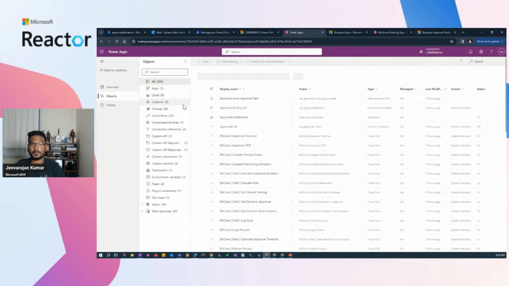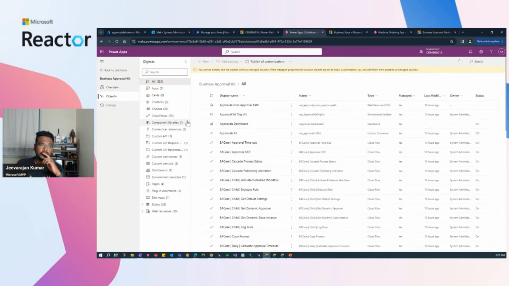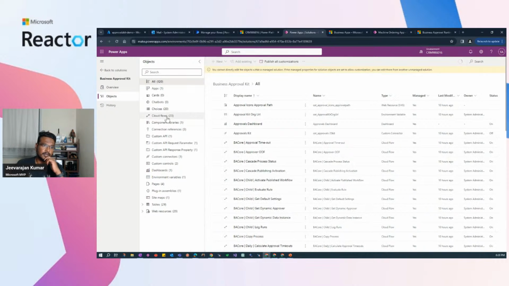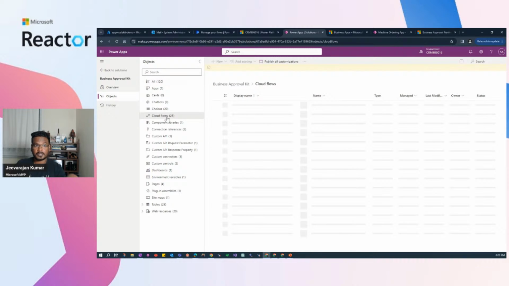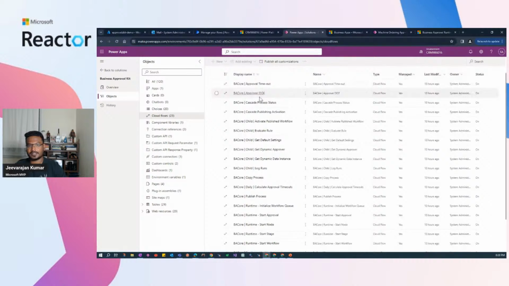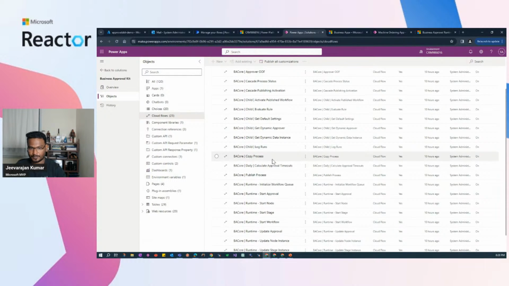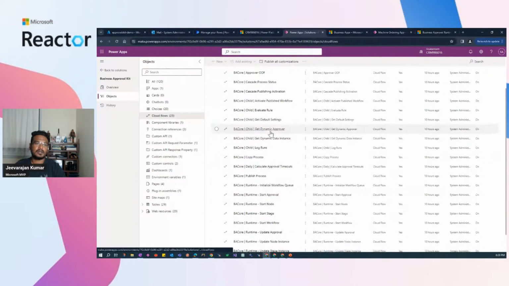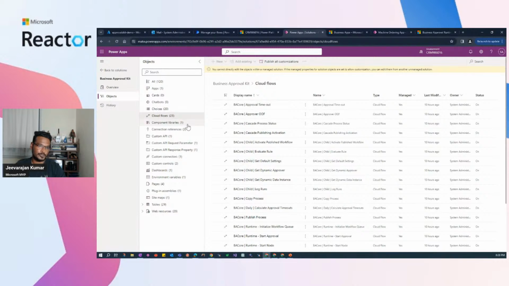And once it is imported, the key thing is you will see 23 cloud flows that come as part of this solution. You can see there is a flow meant to handle out of office, and then there are different flows for different complex scenarios that we have, and it all comes as part of the solution. One thing that we need to do as a prerequisite is